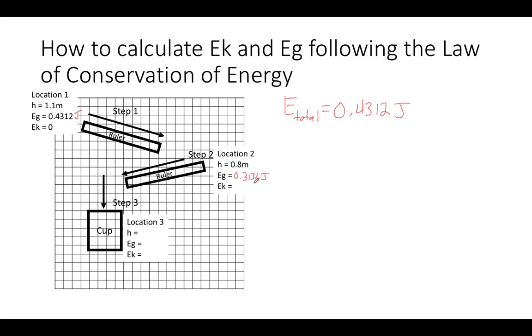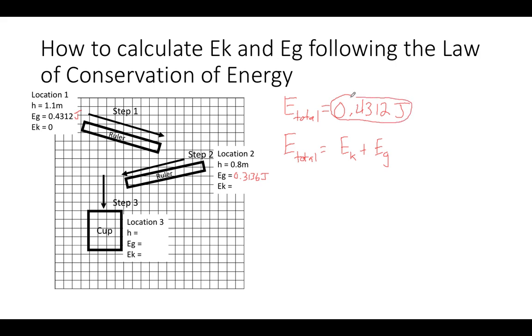Now, how do we find this kinetic energy? We don't know the velocity it's moving. Here's the trick. Total energy, right at the top, is just the sum of all energies. That's the sum of kinetic energy plus the sum of gravitational potential energy. So all I need to do is a little algebra. I can take the total energy